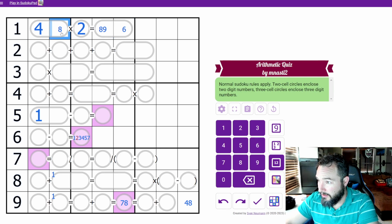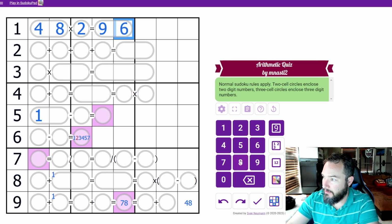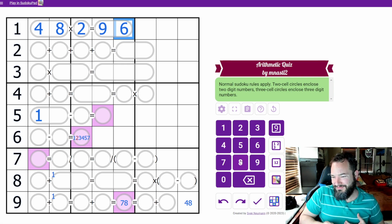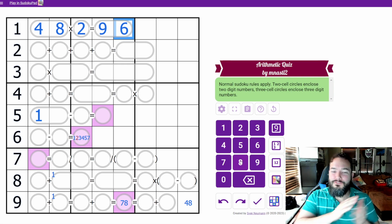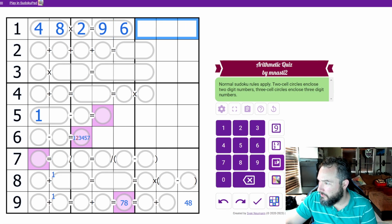Yeah, that makes sense. And what about 9? If this is a 9, this would make this 98, and that would have 2 9s in there. So this is actually an 8. So we solved the first problem. The first problem is executed. We're good. Actually, just because we're doing Sudoku, we should probably fill this out so that we have this for